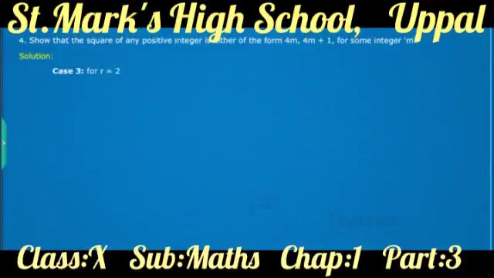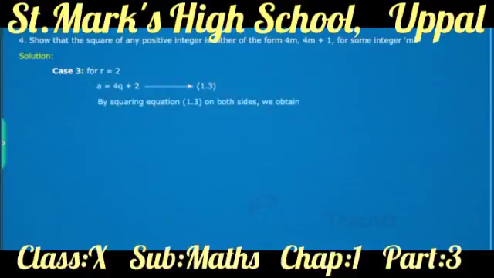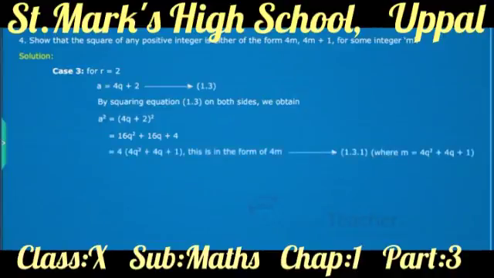Case 3. For r equal to 2, a is equal to 4q plus 2. By squaring equation 1.3 on both sides, we obtain a square is equal to (4q plus 2) whole square. That is equal to 16q square plus 16q plus 4, which is in turn equal to 4 into